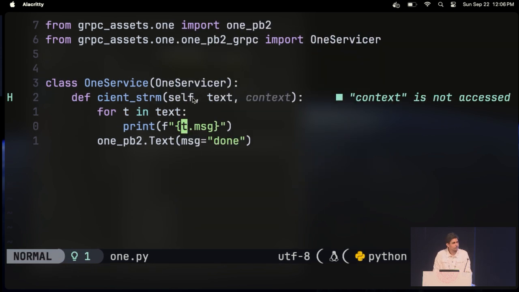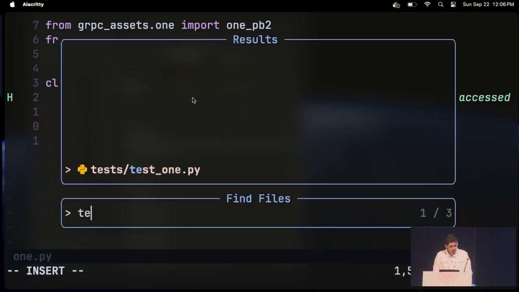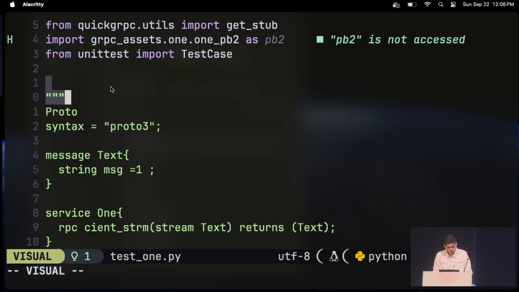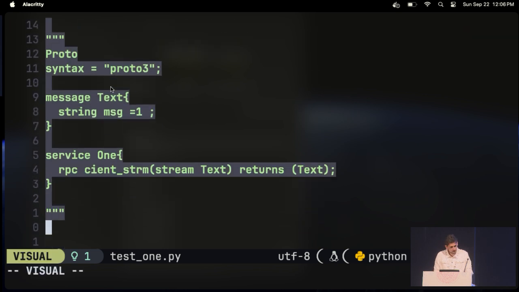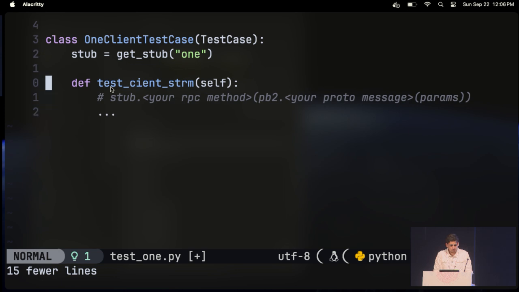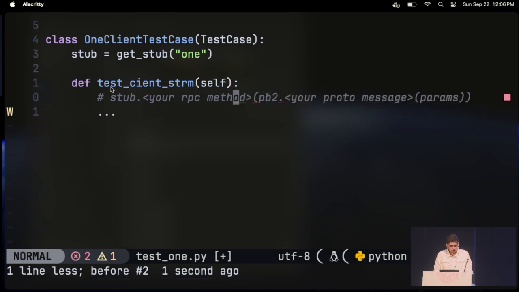Right? So with just this much code, we have a simple client-side streaming. Let me update the test case also. Just a sec, getting rid of this. Cool. So what I'm going to do is,